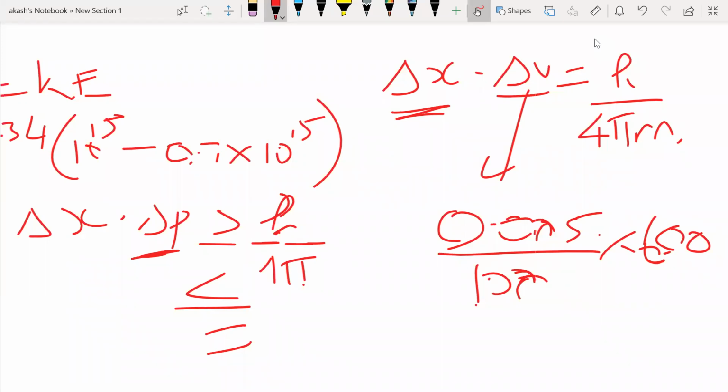Okay, so this question is from de Broglie's, right? Lambda is equal to h by mv. Everything is given, so they just want the wavelength. Mass of the proton is given as 1.6 into 10 to the power minus 27 kg. The h value, you know, 6.6 into 10 to the power minus 34, divided by m, and v is also given as 1 into 10 to the power minus 3. If you just substitute, you are going to get the answer as 0.4 nanometers.